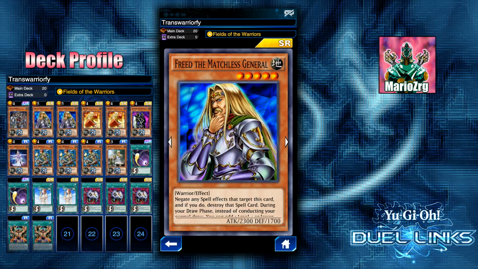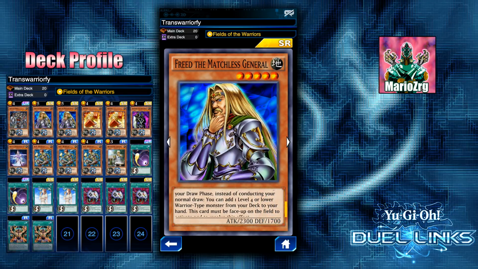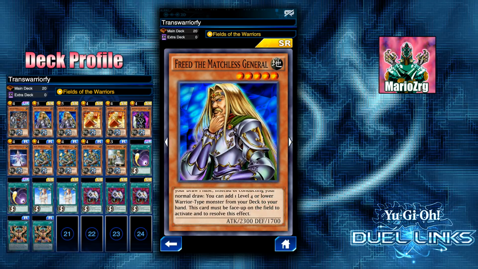If you guys are familiar with it, this card can negate any spell effects that target it and destroy the cards. Unfortunately it also destroys your card, so you can't equip anything to it. And also during your draw phase, instead of conducting your normal draw, you can add one level 4 or lower warrior type monster from your deck to your hand, and that can be pretty clutch when you look at the